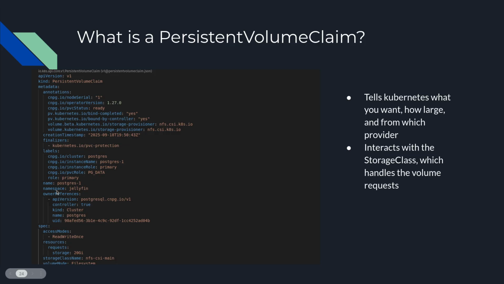So going back to how the volume claim works, its task is to interact directly with your storage class, which in turn interacts with whatever storage solution you have. In this case, this volume claim is interacting with my NFS storage class, which is interacting with my NFS share on my NAS to make sure these database files get written to my NAS and get stored there nicely